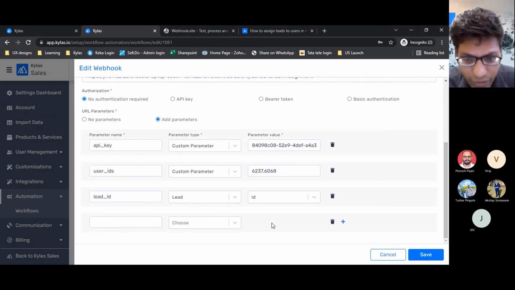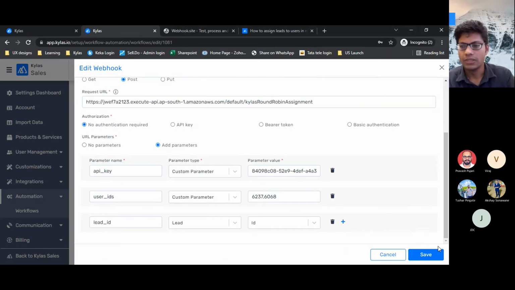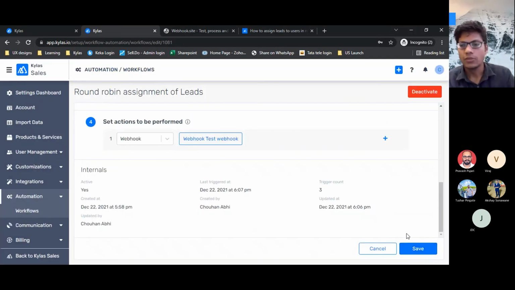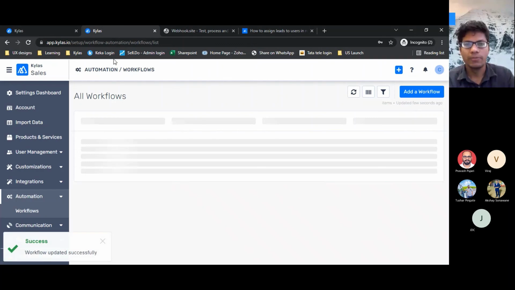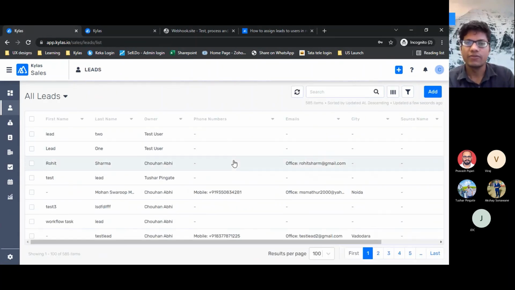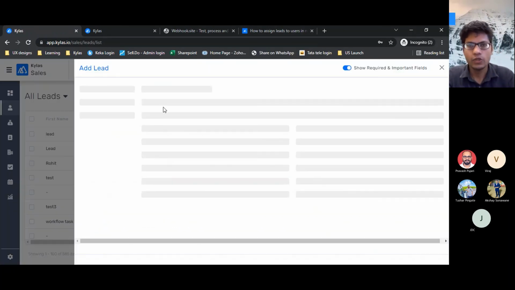how many leads have been assigned to the user. Whoever has got the lesser number of leads in the last 3 days, the new lead will be assigned to them. Okay, so this is the concept of look back window. If, let's say, on day 1 of your sign up you are setting up this workflow, then you do not need a look back window.